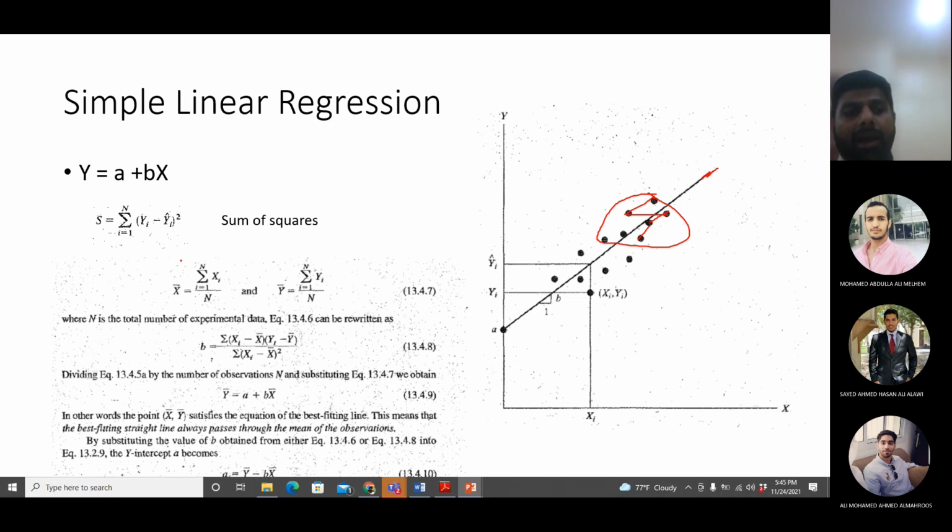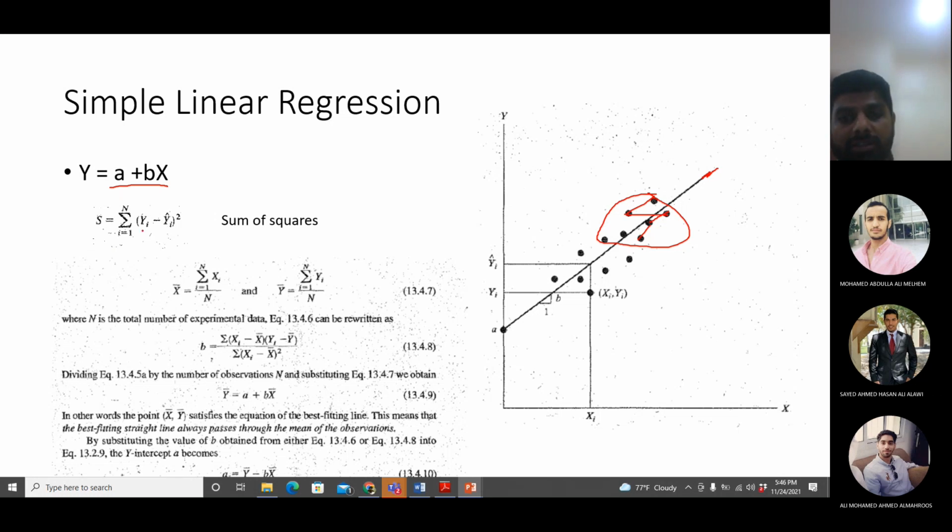I will tell you the procedure, but then I will just directly use the equations. Instead of y cap, they will put the value of the equation itself here. Y cap is the result of the equation, so y cap equals a plus bx. Instead of y cap, you can use a plus bx. Then you partially differentiate the value of s with regards to a and then with regards to b, and each time you put it equal to 0. They will show it to you in one of the coming slides as well.